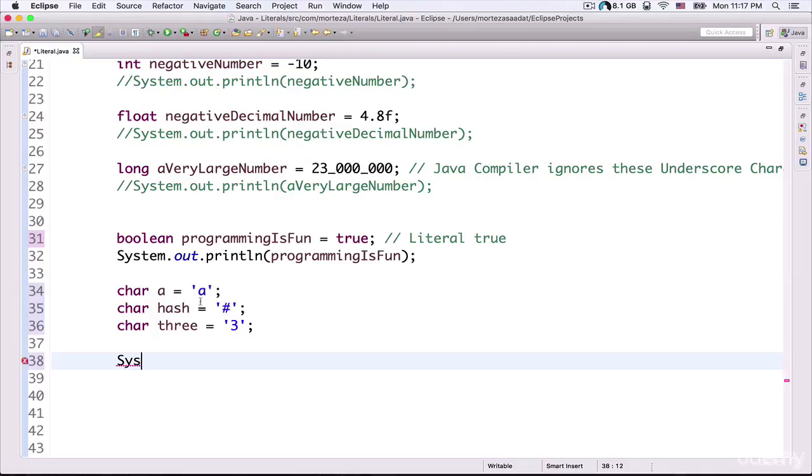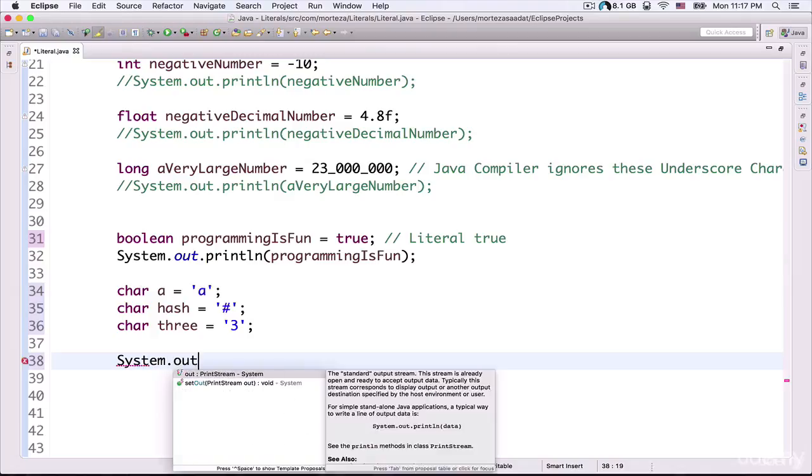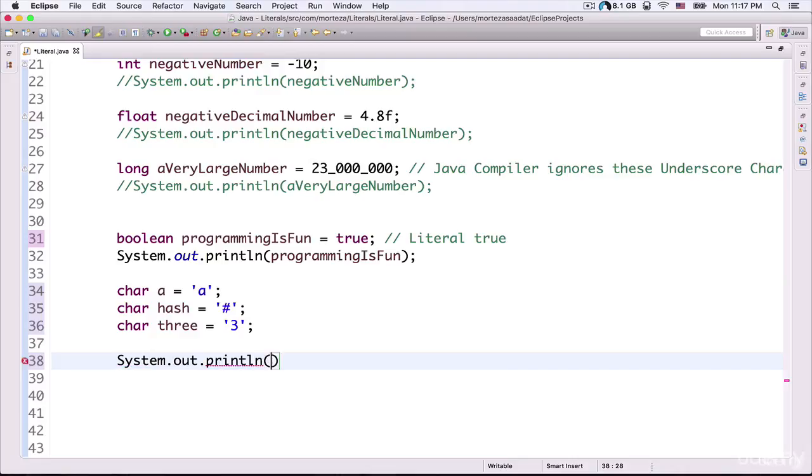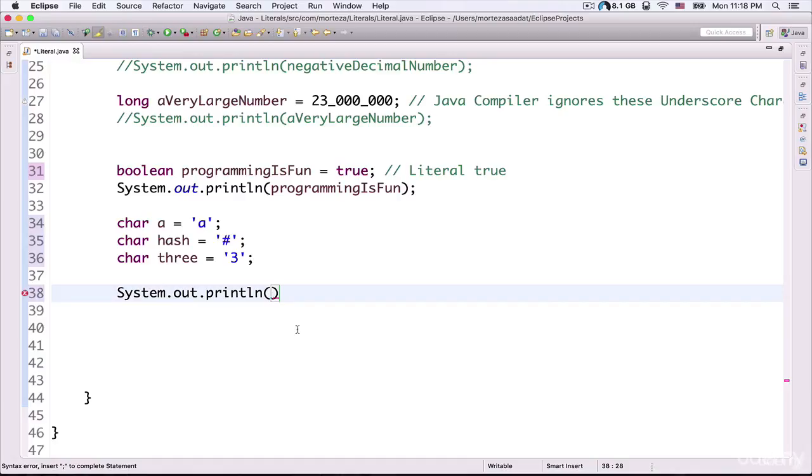So, and here I can actually output the value of these variables to the console. System.out.println, and inside the parentheses I can refer to the name of these variables. So remember that I told you about concatenating different variables and texts together. So first I want to output the value of this variable, so I just need to refer to the name of that variable, plus. This operator actually concatenates two or more variables and texts together, and here